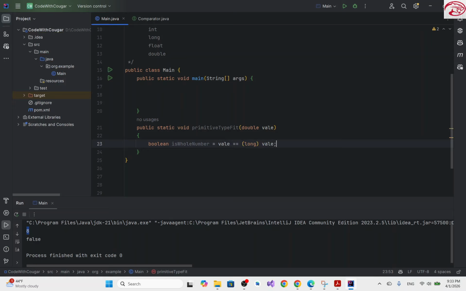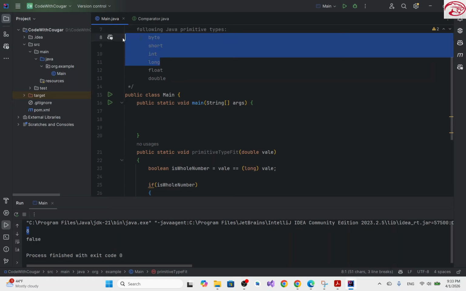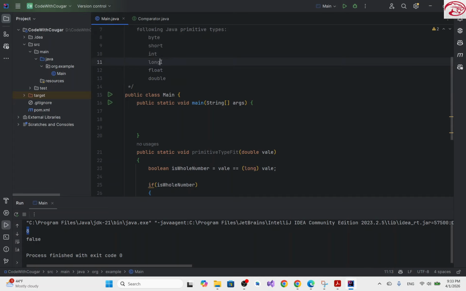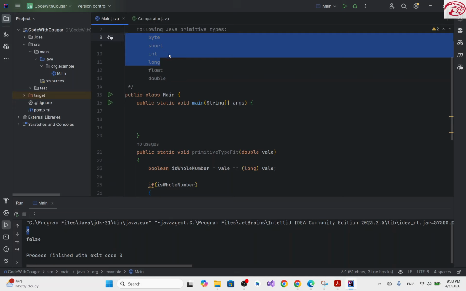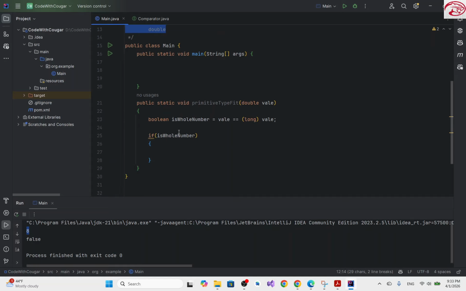I want to typecast the value. I'll check if is whole number. If it is a whole number, I know that it's going to fit in these 4. Okay, out of these 6 primitive types, 4 of them we can use to store integer values or whole numbers, and 2 of them are used to store floating point numbers. So if it is a whole number, I can do something here, else I'll say